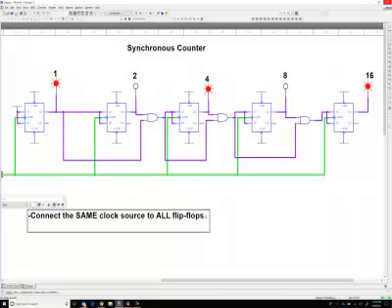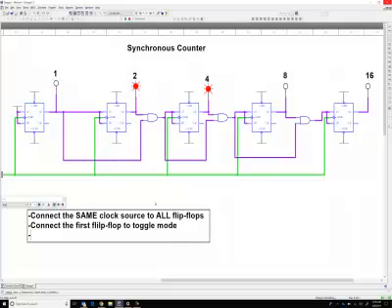The key is that you connect the clock source to all the flip-flops. After that, you connect the first flip-flop to toggle mode. So that one is the first one, and that one you have to connect power to both JK. You got to start somewhere. And then the remaining or subsequent flip-flops